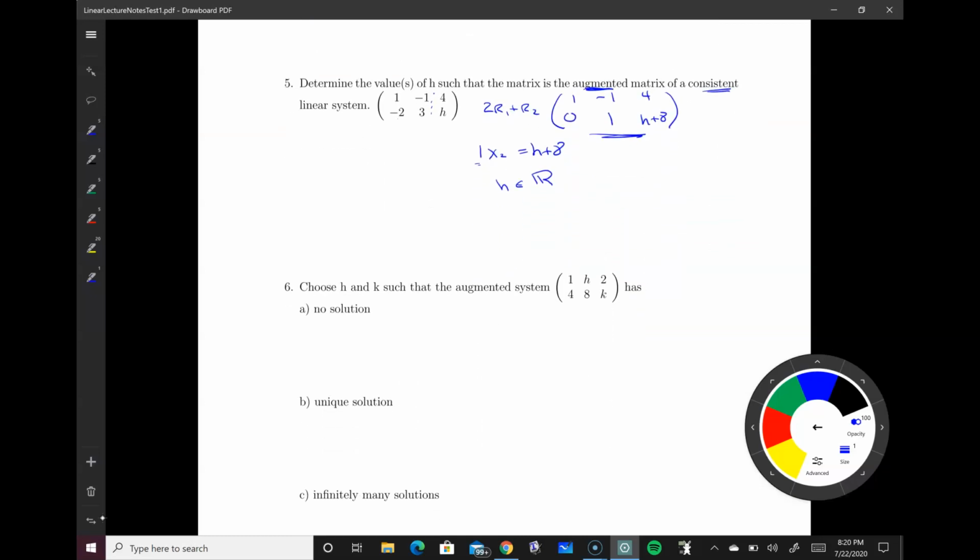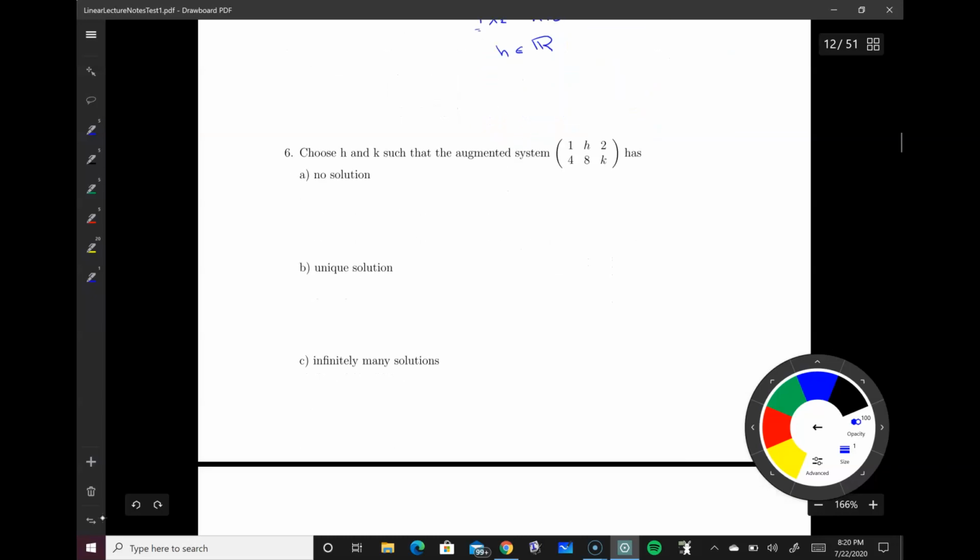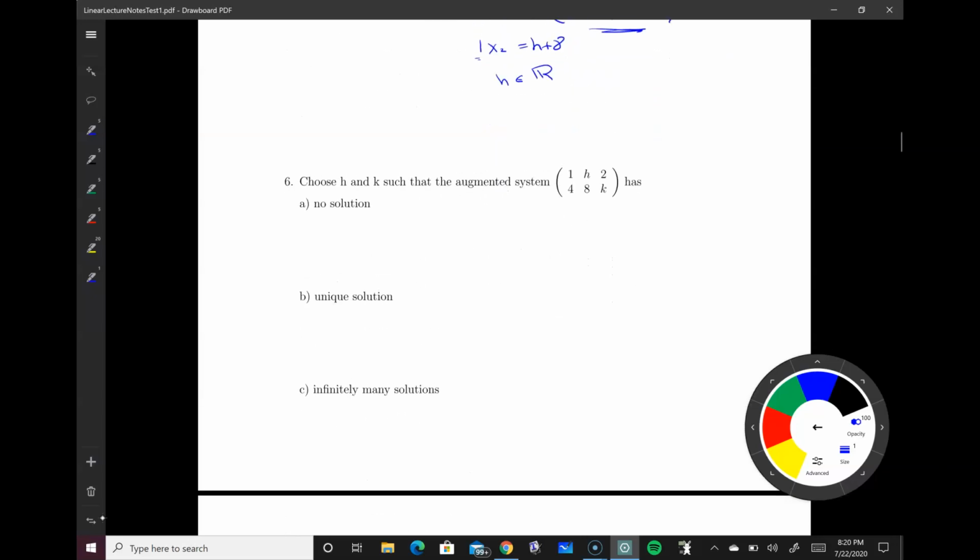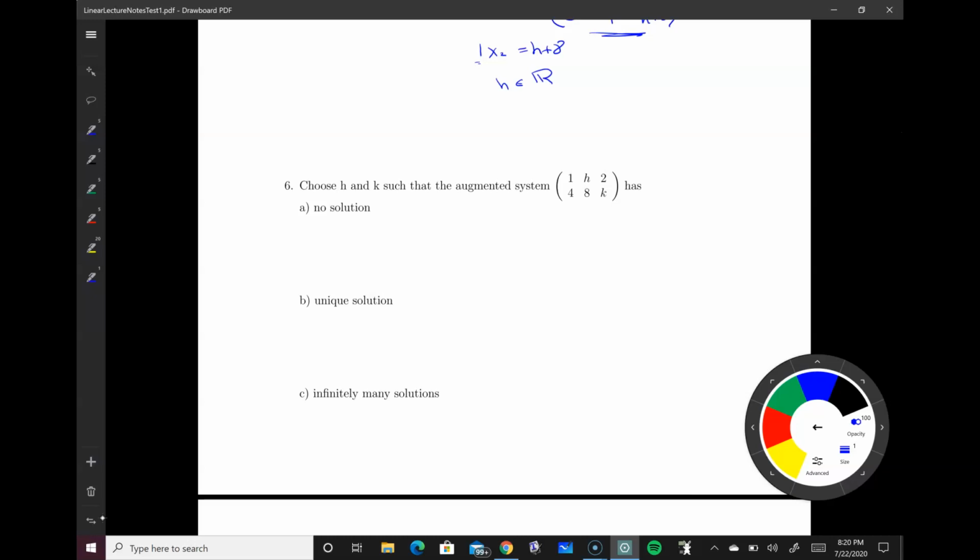All right, this one's going to be a little trickier. So let's do a little bit of row operations here. So I want to get a 0 here. So -4 times row 1 and add it to row 2. 1, h, and 2, so I'll get a 0. So if I multiply this by -4 and add, I'll get 8 minus 4h, and -4, I'll get k minus